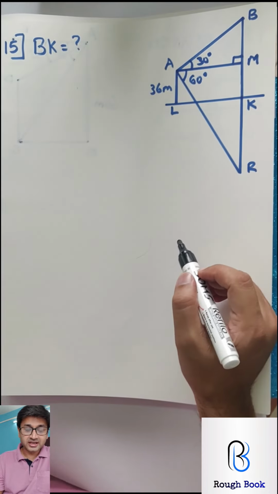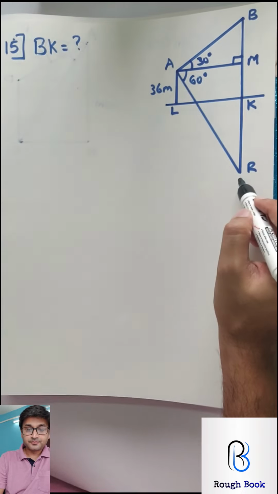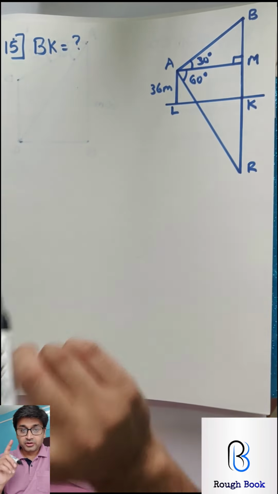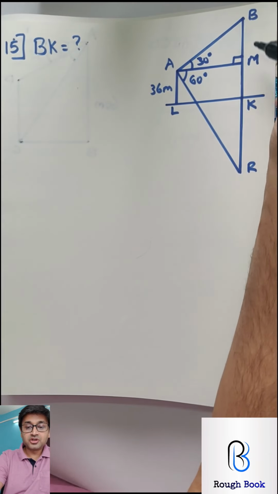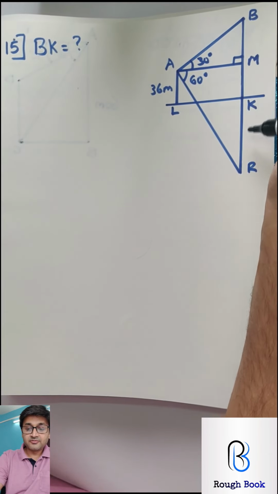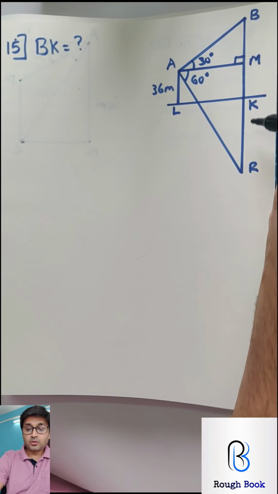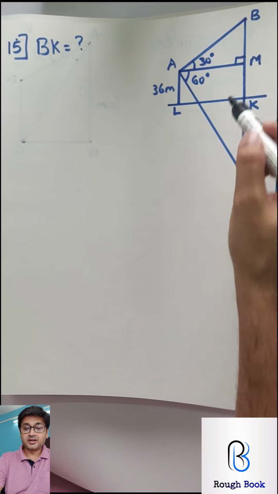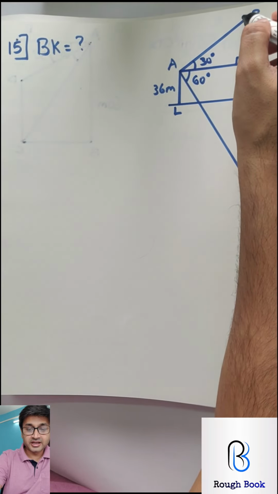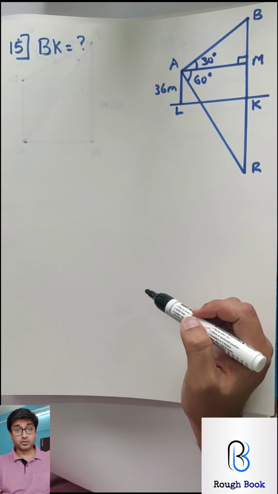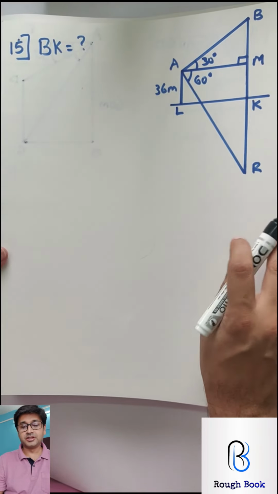Now, the law of physics says that the reflection is always going to be below the surface of the lake, and it also says whatever is the object height, the same will be the image height. So the object height, that is BK, will be equal to the image height, that is KR. Whatever height the bird is flying, that much low will be the image formed. That's the rule. So from this point, let's begin.